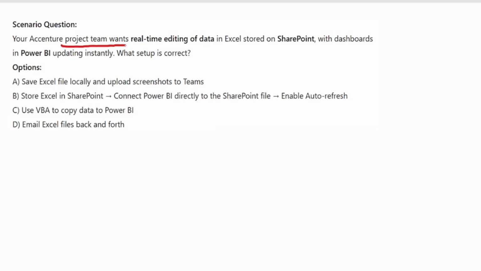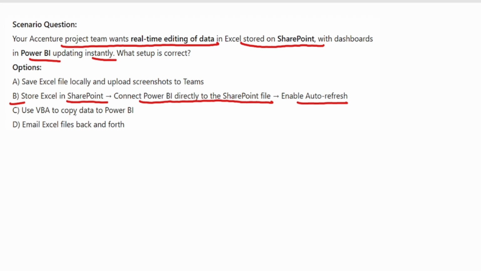Your Accenture project team wants real-time editing of data in Excel stored on SharePoint with a dashboard in Power BI updating instantly. What step is correct? So the correct step here is to store the Excel file in SharePoint and connect Power BI directly to the SharePoint file and enable auto refresh.